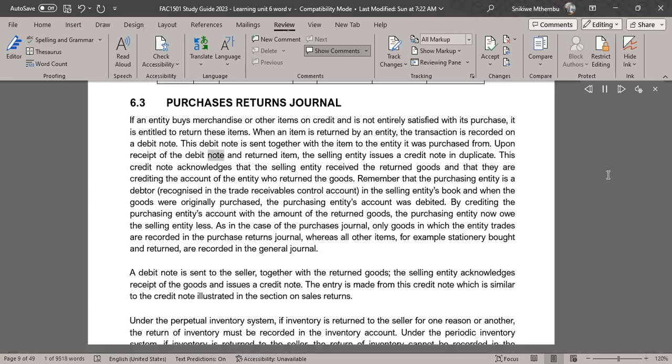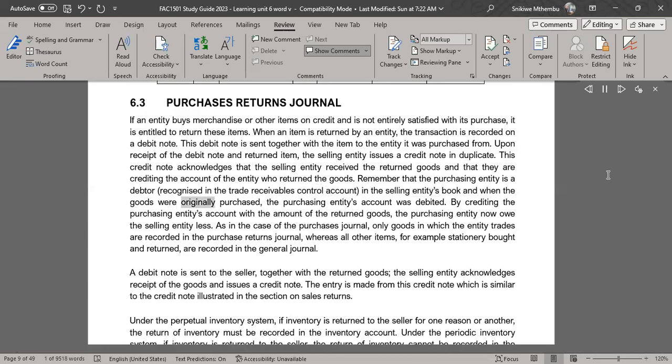Upon receipt of the debit note and returned item, the selling entity issues a credit note in duplicate. This credit note acknowledges that the selling entity received the returned goods and that they are crediting the account of the entity who returned the goods. Remember that the purchasing entity is a debtor, recognized in the trade receivables control account in the selling entity's books,